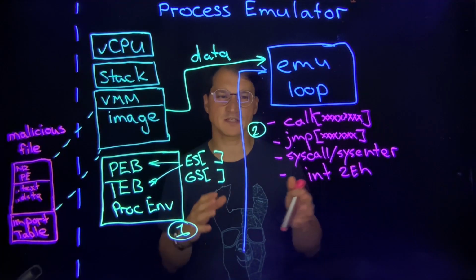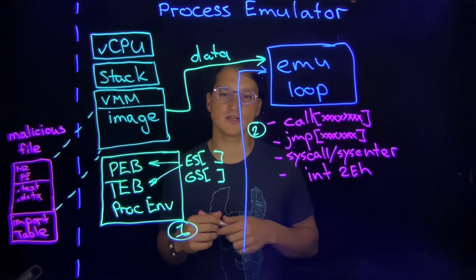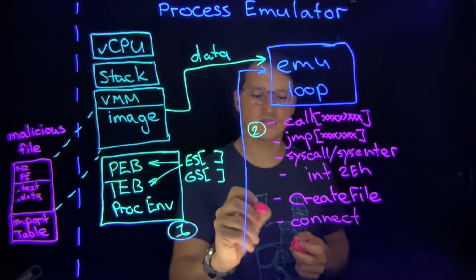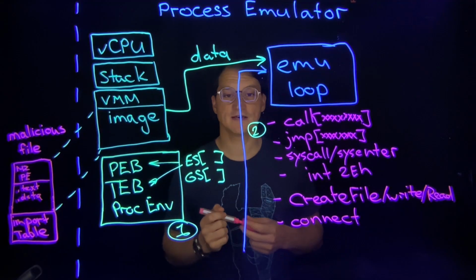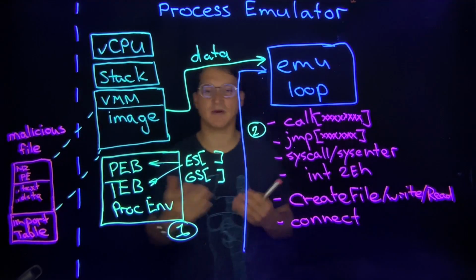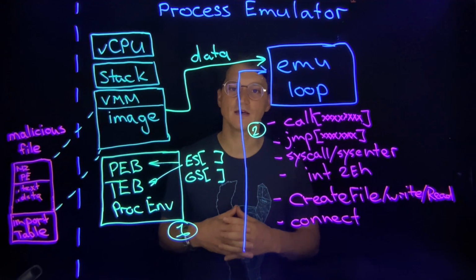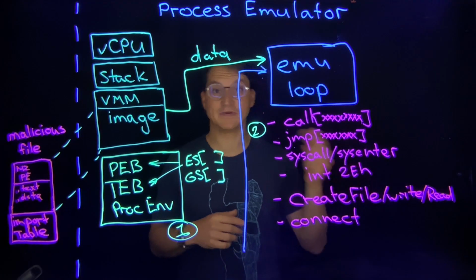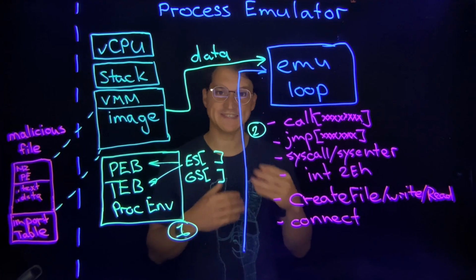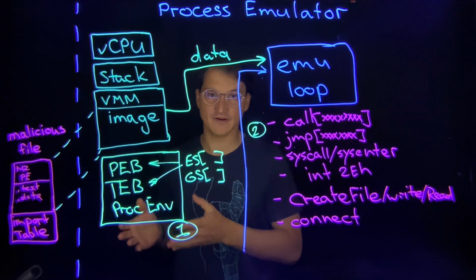Some of the interaction with the operating system might be a bit more complicated than just one API call emulation. For example, API calls like create file, write, and read actually require state. If malware just calls create file once and you emulate it and return a successful value, that might work. However, if malware then writes to the file and then reads from the file and tries to see if what it wrote is equal to what it read,